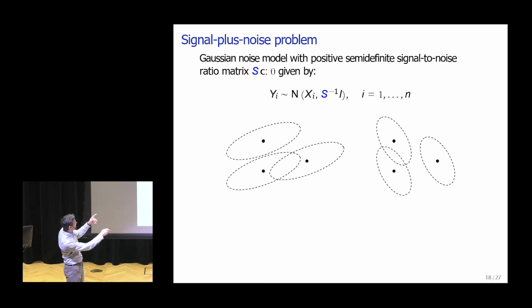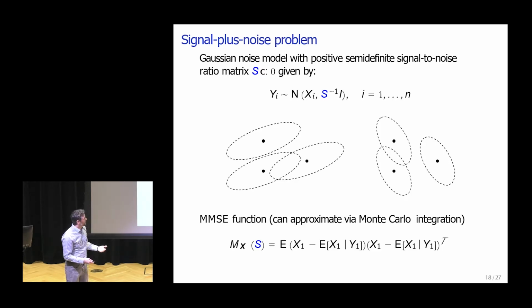So here we have two possible cases. One where we see that depending on how the covariance or the noise is shaped, we're going to be able to find or not see different types of relationships. Again, the emphasis is that this problem, though a bit complicated before, is just a Gaussian mixture model. Right? I just have means. My means are defined by my prior on the communities. And then I have a covariance, the same covariance for every community, and that's defined by this matrix S. And again, you could compute this matrix. It's a bit more work, but this is not inherently a high-dimensional problem. This is analyzable.